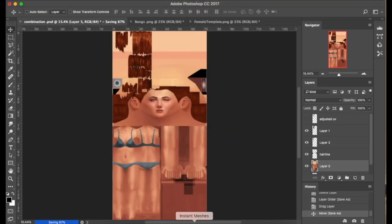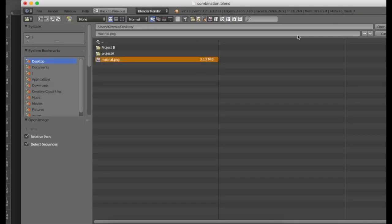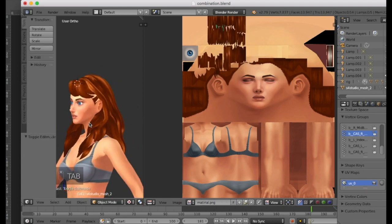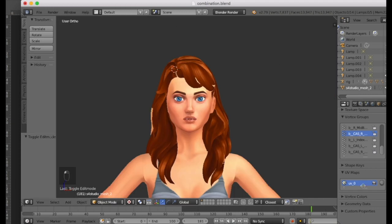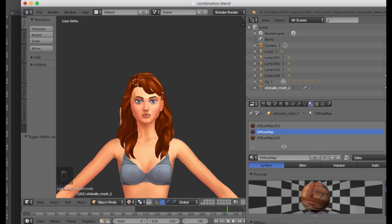You know what? I completely forgot to change the hue of the red, but that's fine. Okay. Material. Open. Now you can't see it on here. You can still see the old UV map here because it still has a different material. But I can hide this for now. And then if I go here to the world tab,